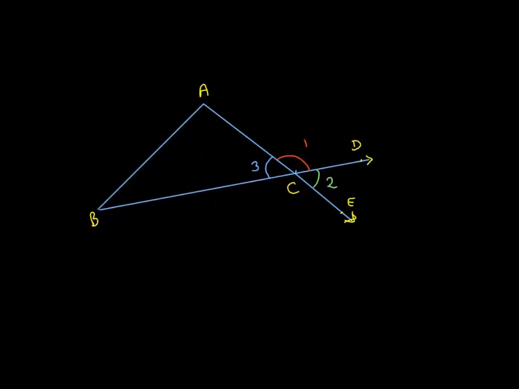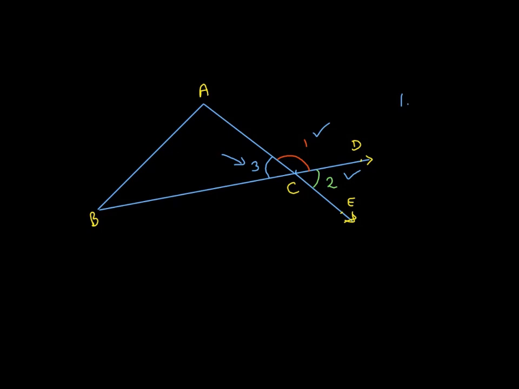Next, let us see how we can identify a given angle as exterior angle. Here I have taken a triangle ABC. At point C, you can very clearly see three angles: angle 1, angle 2, and angle 3. Now, angle 3 is clearly an interior angle. So, we have to check which of these two angles, angle 1 and angle 2, is the proper exterior angle. For this, there are two hints.